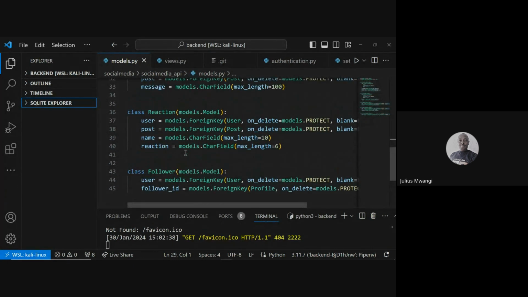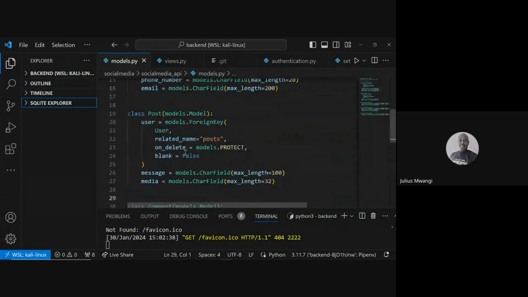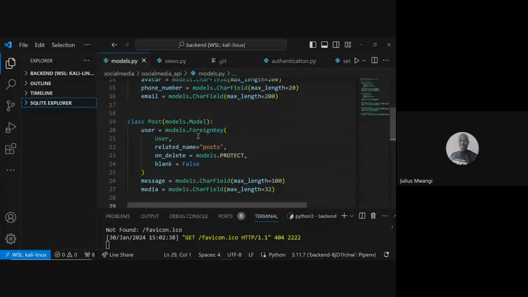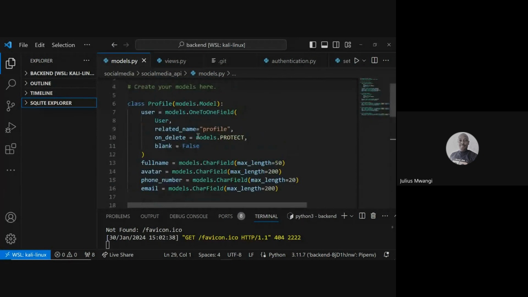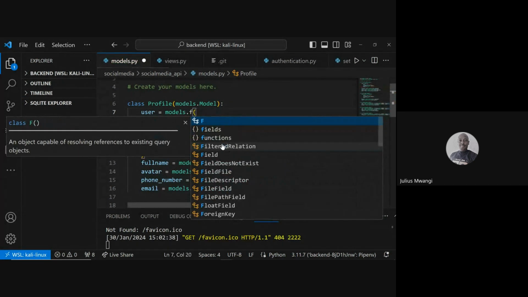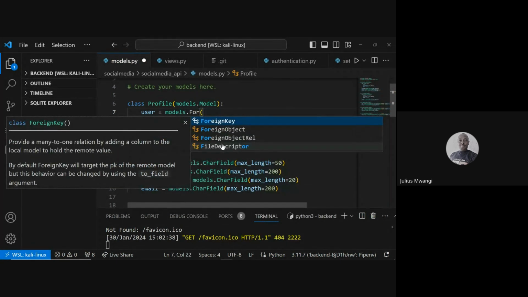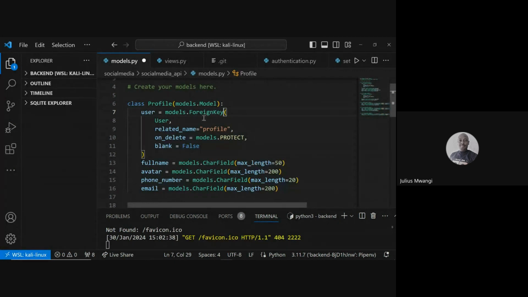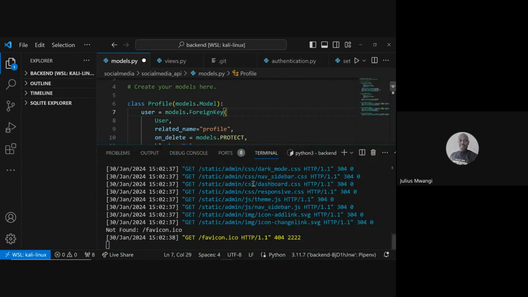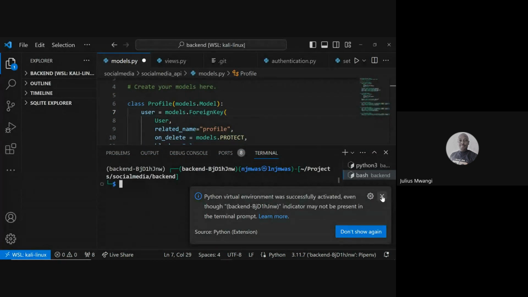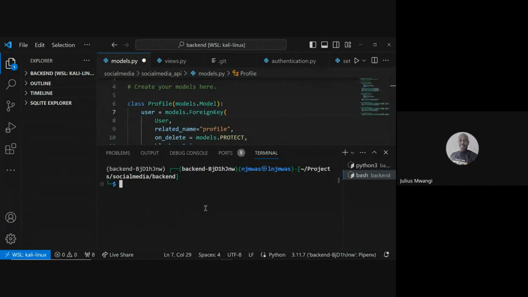So once you make a change in the model, for example, if I change the relationship of this particular post here, instead of using a one-to-many, if I go here and say I'll use a foreign key instead of that, then for this particular change to reflect, I need to make a migration. So make sure that every time you do any change, you always come back to your terminal and say Django,